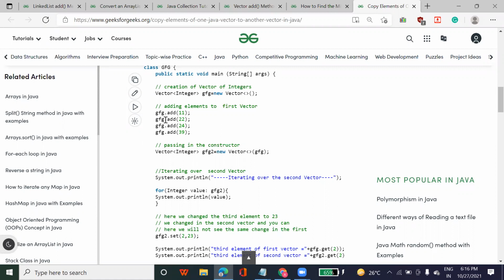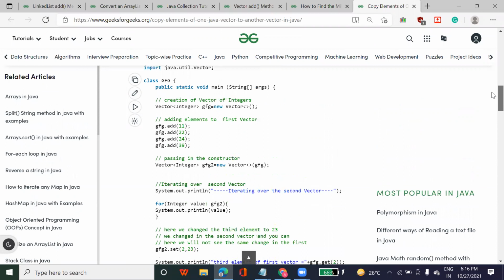Index means add, so you can just do gfg2 dot set index 1, 22, gfg2 dot set index 2, 24, gfg2 dot set index 3, 39. Am I clear, or any confusion here?